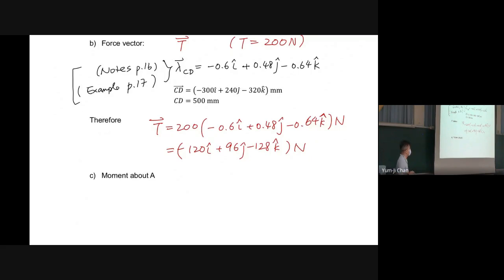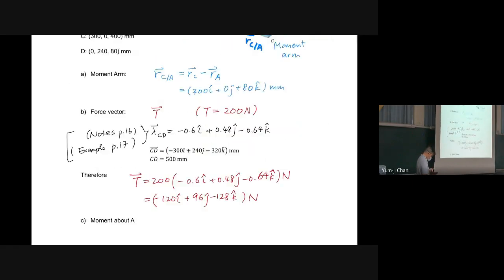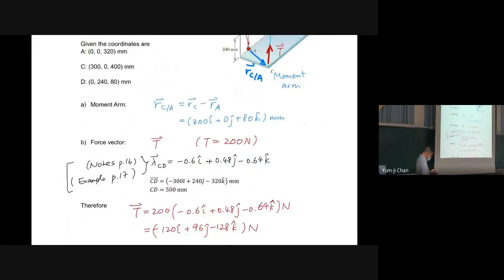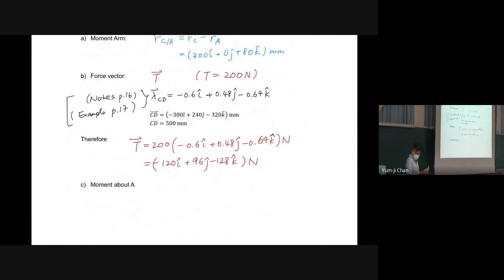Now for the last part, because M equals R cross F, and in this case F is equal to T. Now the last thing is to determine M_A, the moment about A, and this is equal to R_C with respect to A times T, which is